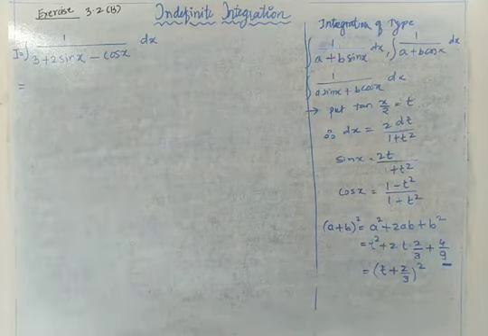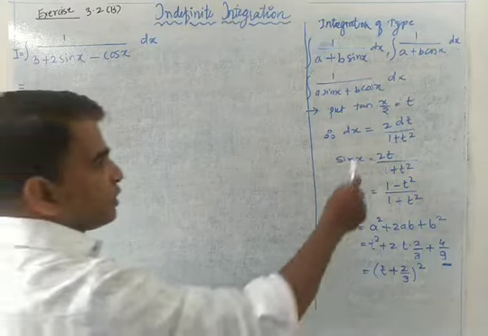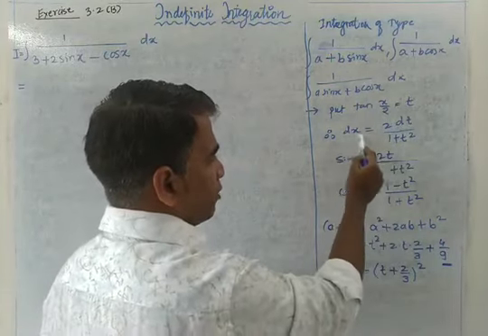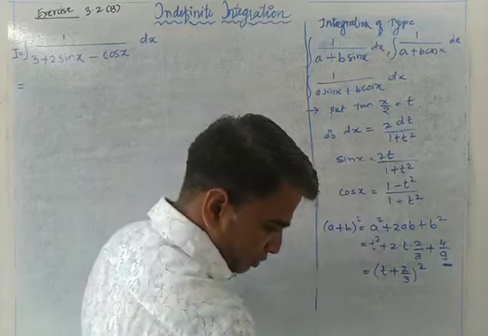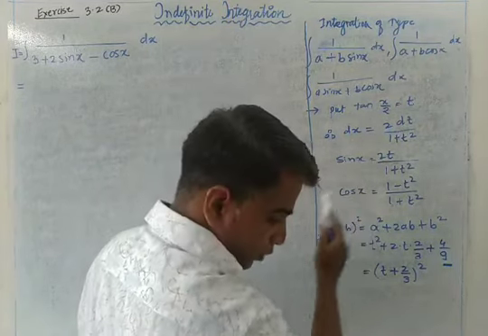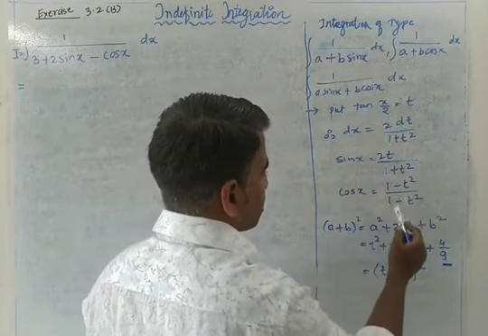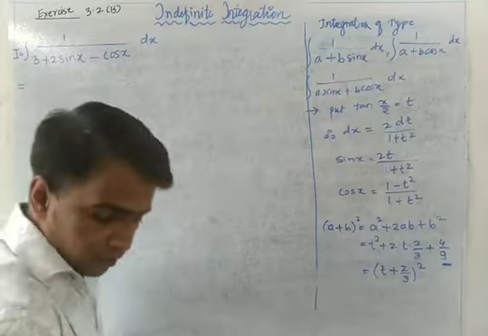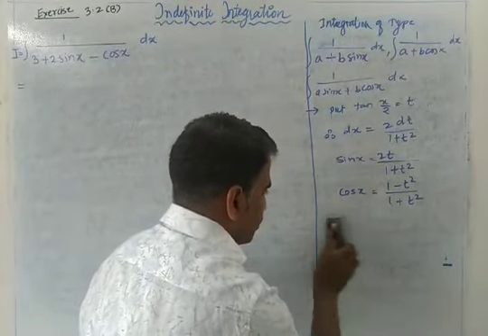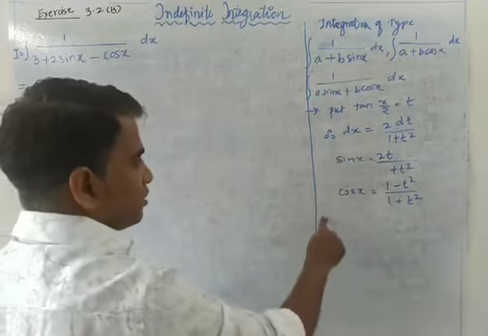So now here the function involves sin x and cos x. So we are going to start with the substitution tan x by 2 is equal to t. Okay, so the value of dx we will get as 2 dt upon 1 plus t square. Then the value of sin x will be 2t upon 1 plus t square, and the value of cos x will be 1 minus t square upon 1 plus t square. Okay, so that we have to explain, so explain that part first.